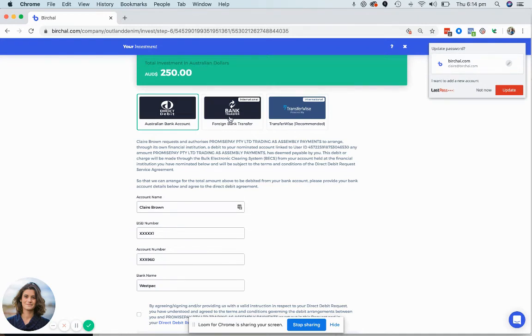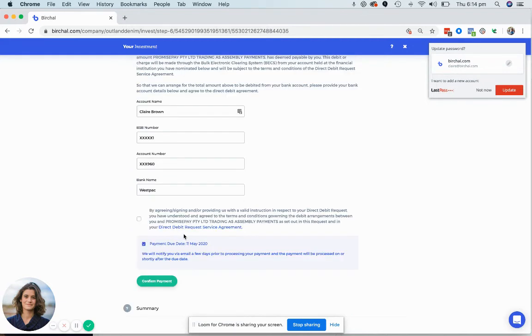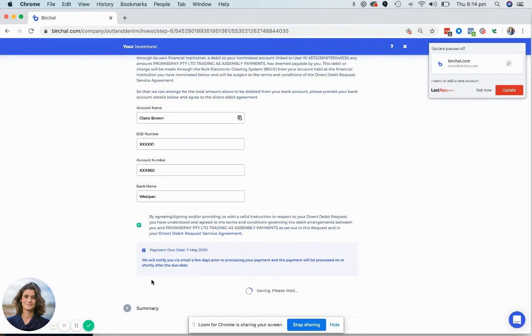If you're having issues with payment, please head to the right-hand side of your screen and hit the chatbot, and one of the Birchal team will be there to help you with your payment. Agree, and you'll also see your payment due date here as well. Once you confirm payment,